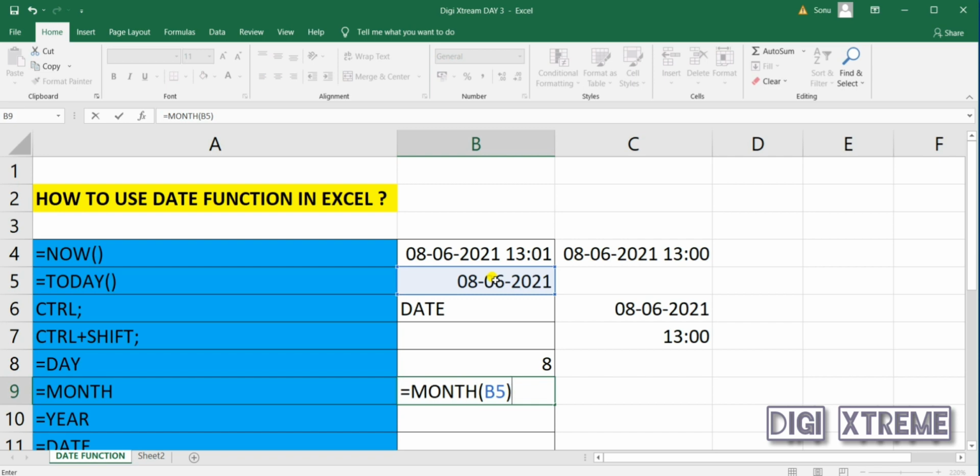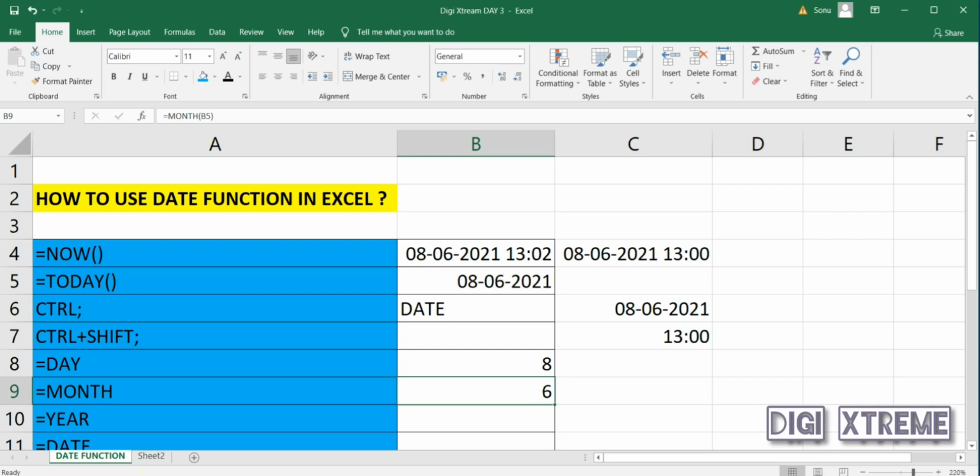It will give you the result of which month is this date. All right, it's the 6th. What date have we chosen? This 8/6/2021. So the date's month is the 6th month.